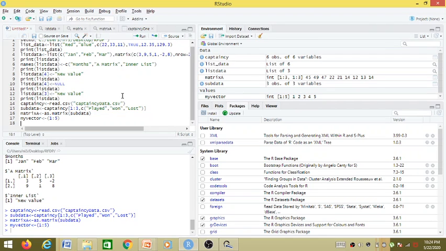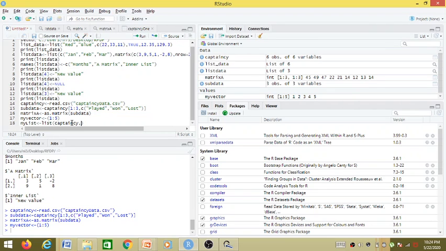So once we are ready with these three different types of objects, variables, now let us combine them into a list. So call it my list, and again to combine them we'll be using the list function and pass all the three objects as arguments.